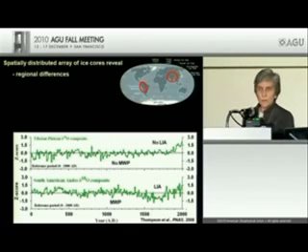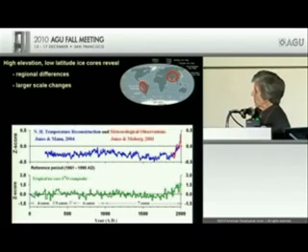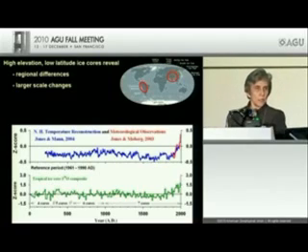Now, if we take those records and composite them, we have now what we call the tropical ice core composite. And the one feature that stands out most strongly is the isotopic enrichment of the 20th century. And then we plot our tropical composite with the Northern Hemisphere reconstruction shown in blue, and it's important to note that that reconstruction is based upon many tree ring series, some coral records, some high-resolution lake sediments, and ice cores.